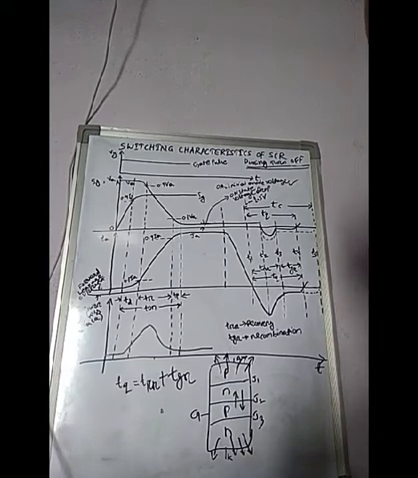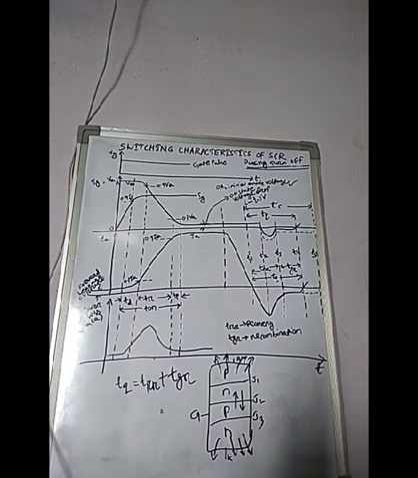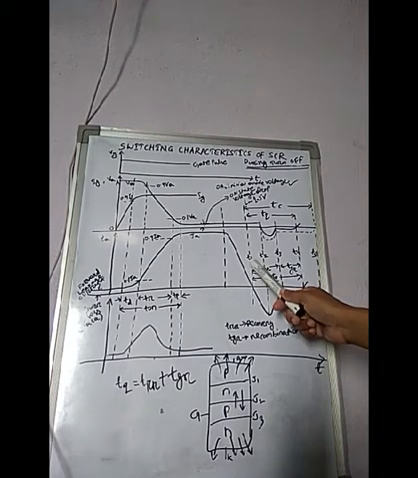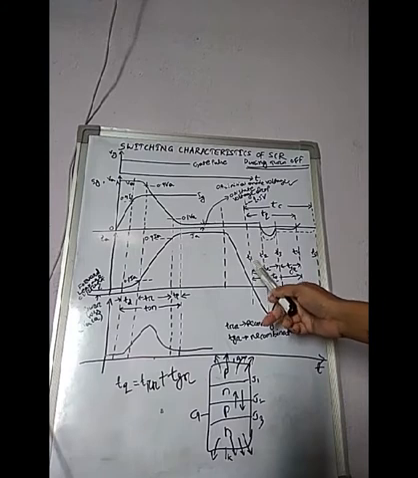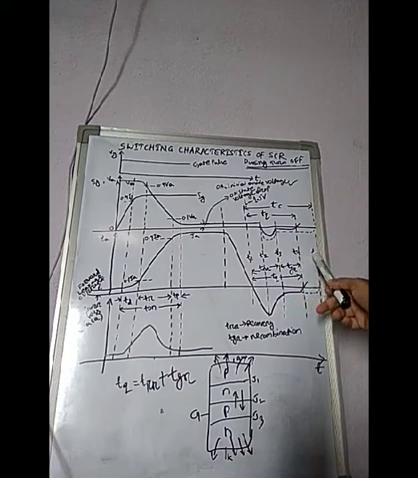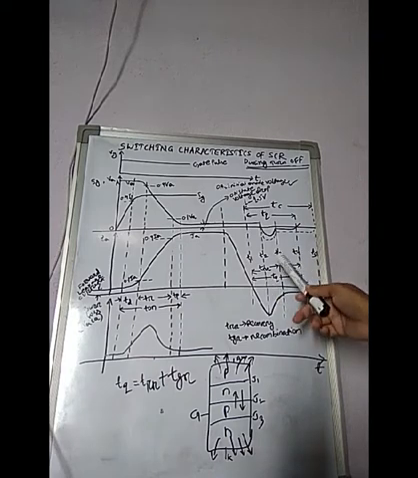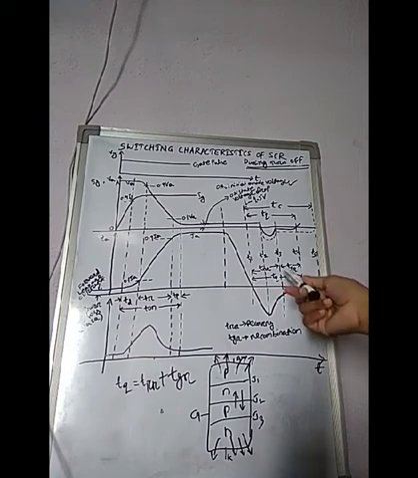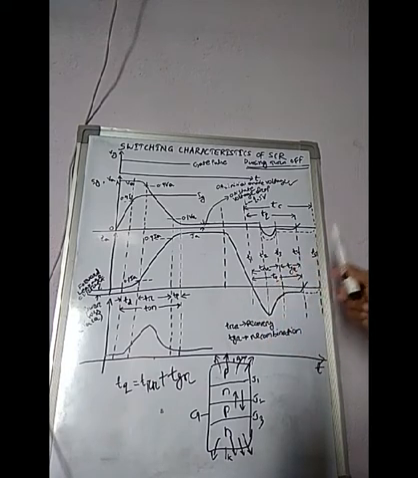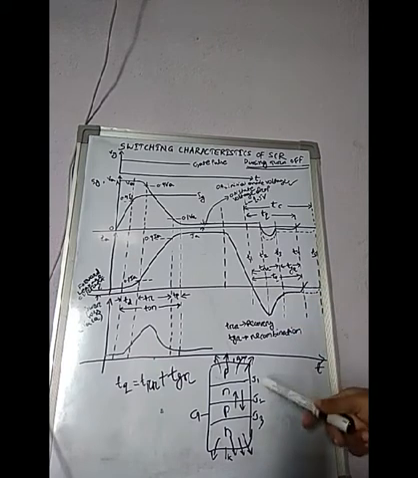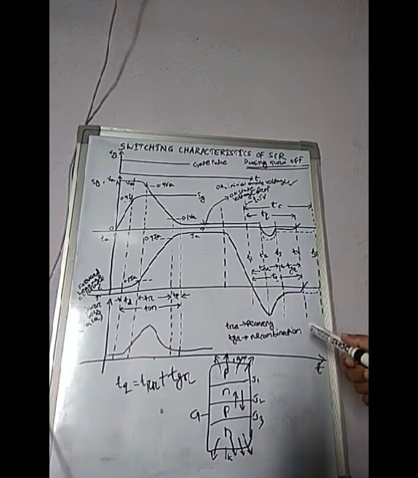So let's see what happened during these two times. I have marked some time points, T1, T2, T3, T4, T5. Let's see what happened at these times, what happened during this TRR time and during this TGR time, and overall what the changes in the parameters are during the turn-off process.